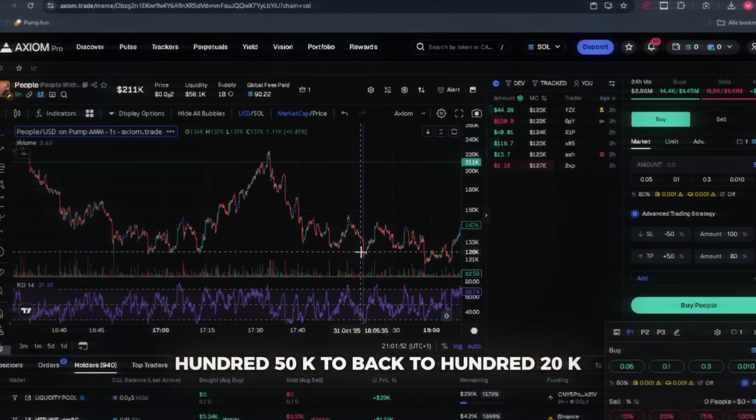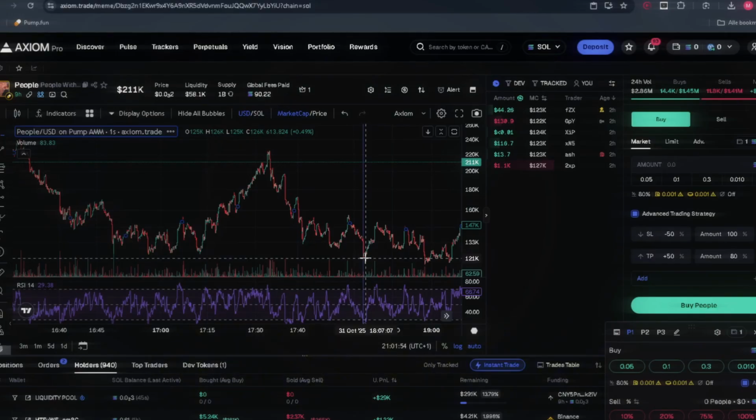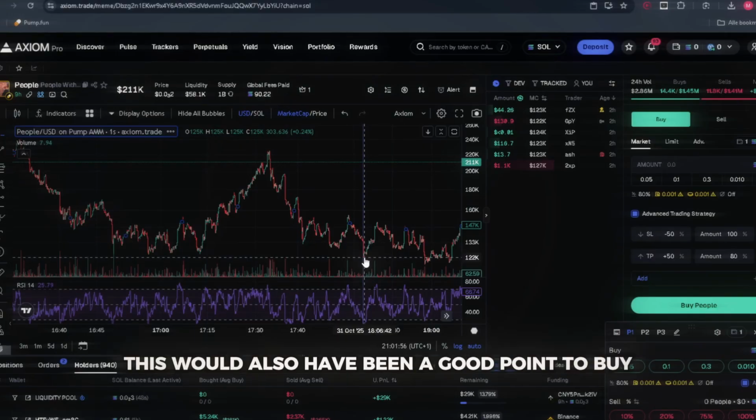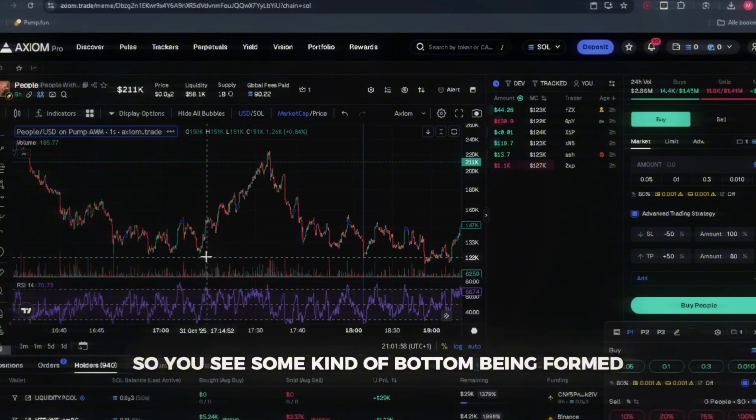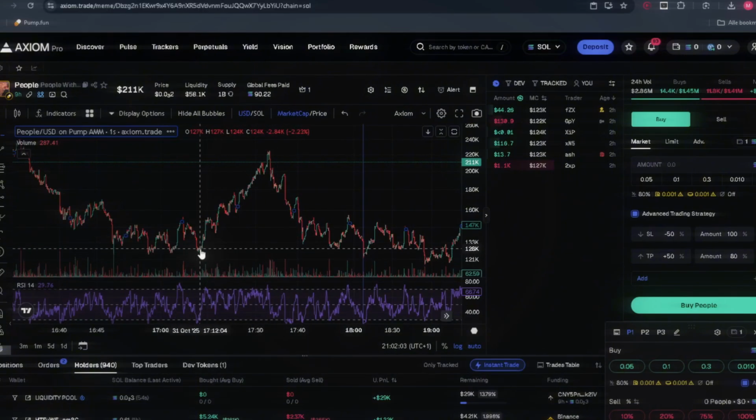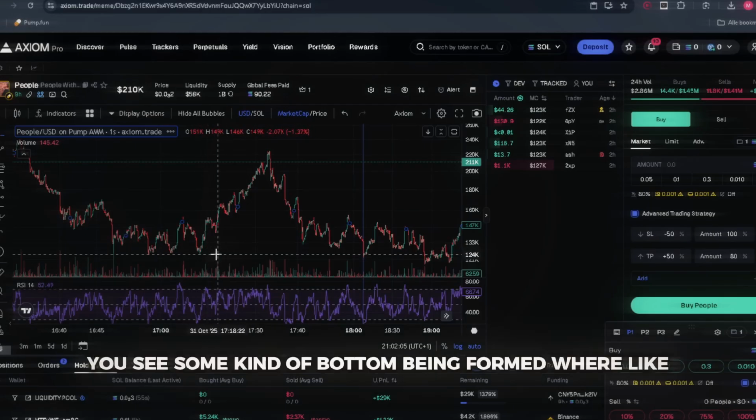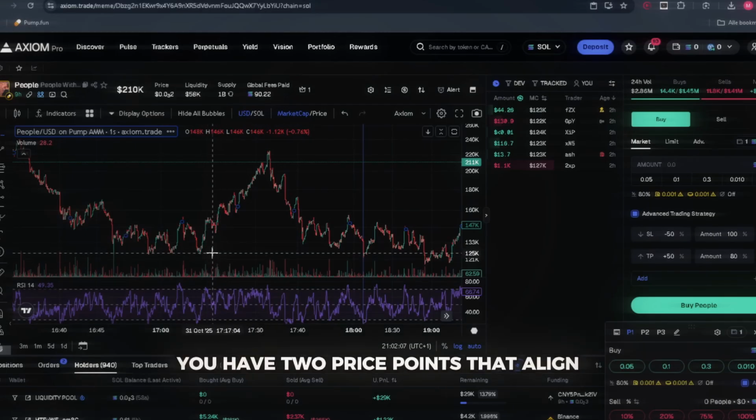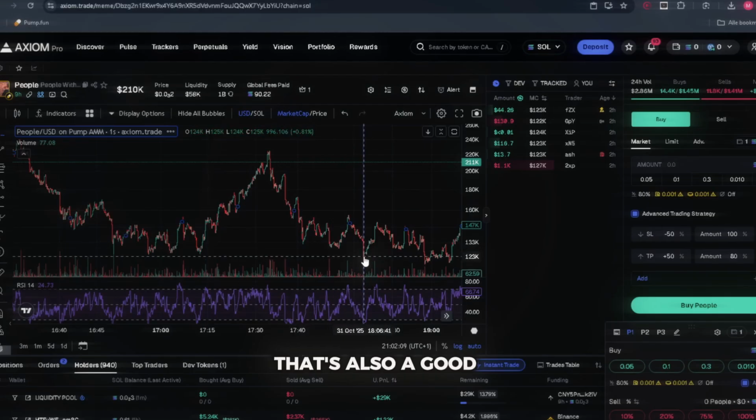And you also see here the price also hit the similar price level after a price retracement from around 150k back to 120k. This would also have been a good point to buy. So you see some kind of bottom being formed, you see two price levels, where like you have two price points that align. That's also a good